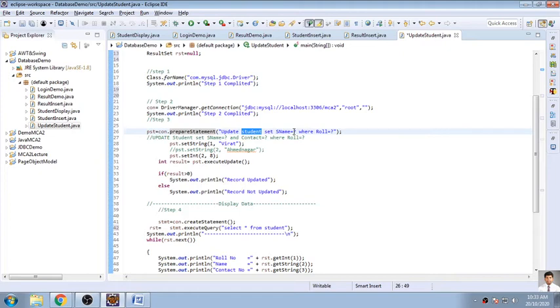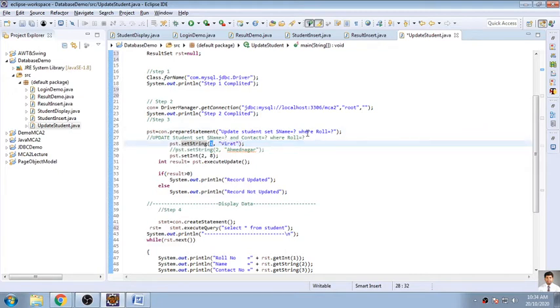Whenever I am passing the query, I want to give runtime values, so I've used a question mark here. The question mark is for the purpose of giving runtime values. Now we need to specify what values will be assigned to each question mark. As name is in text format, I will use the prepared statement object dot setString. So setString will set a string at location 1, because I have given index number 1.